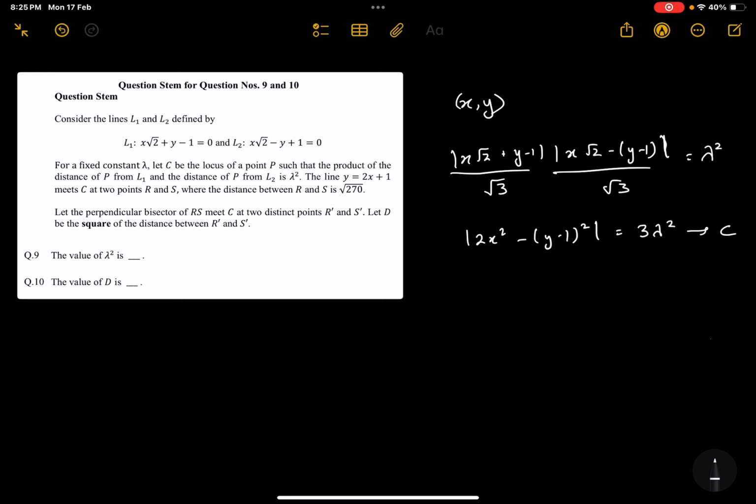Then the line y equals 2x plus 1 meets C at 2 points R and S, and the distance between R and S is root 70. So y equals 2x plus 1. We need to solve C with this line. That gives us y minus 1 equals 2x. Substituting this here, we get 2x square minus 4x square equals 3 lambda square, which gives us the x coordinate of the point of intersection as